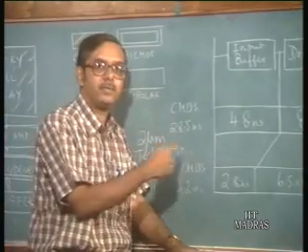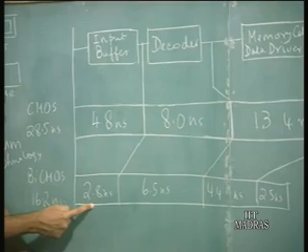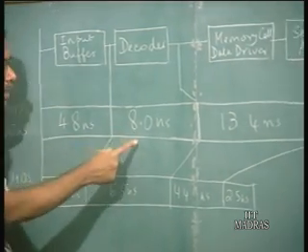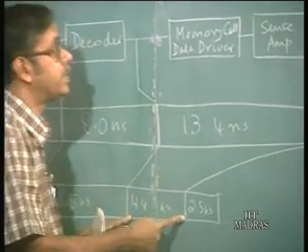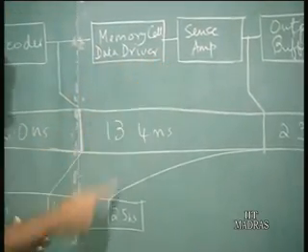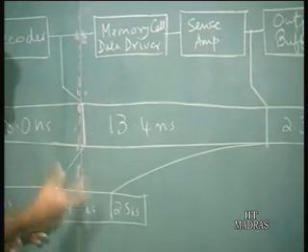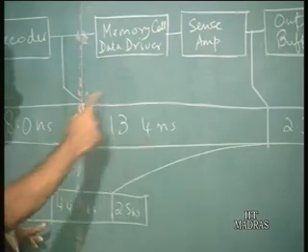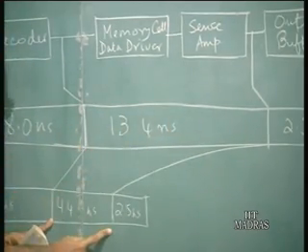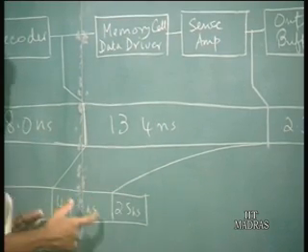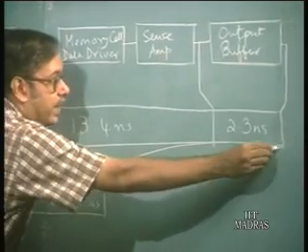If you now compare for a BiCMOS, we find that the input buffer delay is reduced from 4.8 nanoseconds to 2.8 nanoseconds, the decoder from 8 nanoseconds to 6.5 nanoseconds, but the major reduction is in the delay for the data driver and sense amplifier. The data driver is now a BiCMOS driver, and the sense amplifier is a bipolar sense amplifier. So, here the 13.4 nanoseconds for a CMOS is reduced to only 4.4 nanoseconds. So, there is a major reduction here, and the output buffer, of course, this 2.3 nanoseconds has slightly